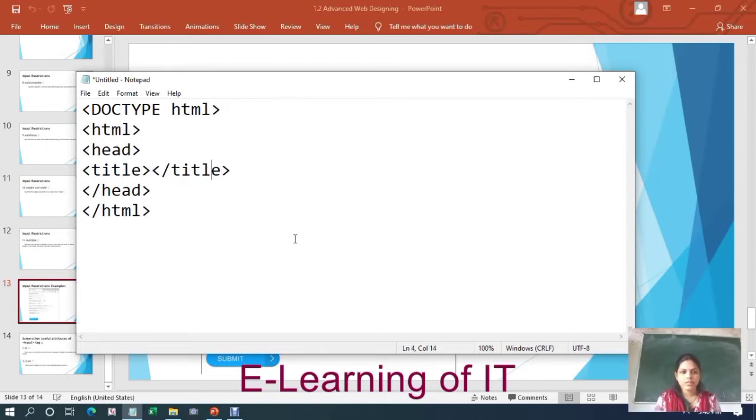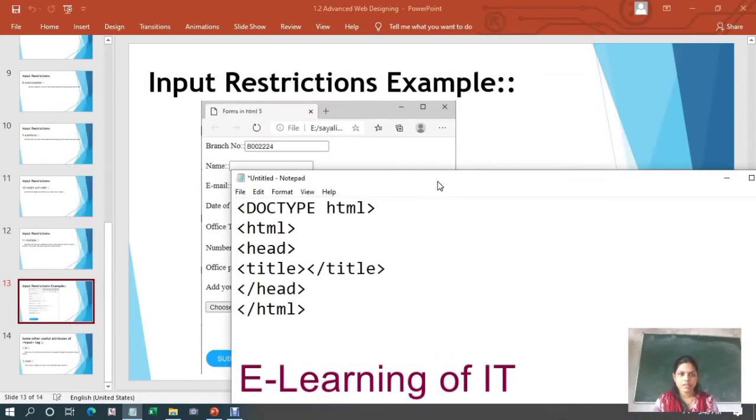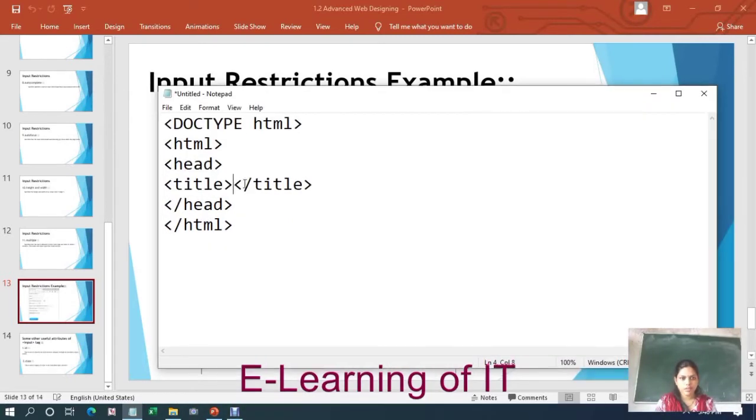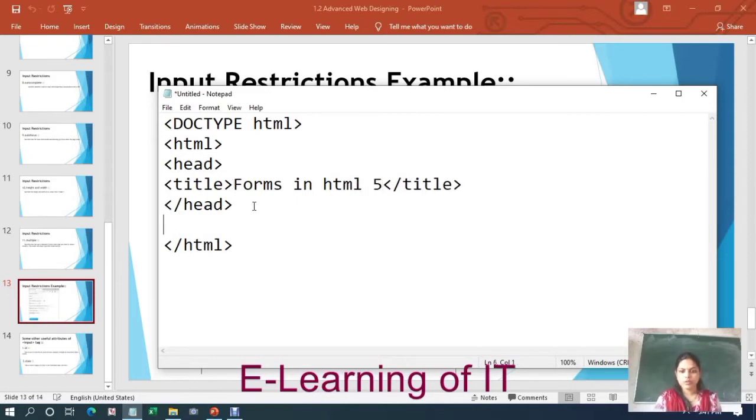What is the use of this title tag? You can give a title to your page. See, here is a title given in the tag, that is Forms in HTML5. So you can give such a title here, Forms in HTML5. Now close the head tag.